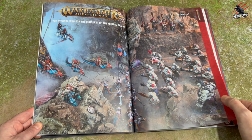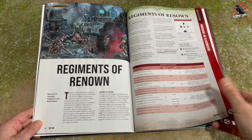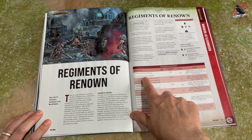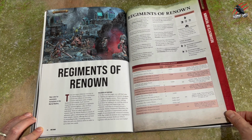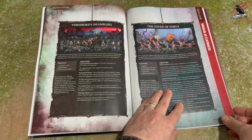Anyway, here's Warhammer Age of Sigmar next, the Eternal War for the Conquest of the Mortal Realms, and we're going to get the rules for Regiments of Renown. This I'm really happy about because I picked up the Arch Revenant and Gossamer Archers, who are the Elthwin's Thorns Regiment of Renown, so they're really cool. Great models and a really nice price to get them together,